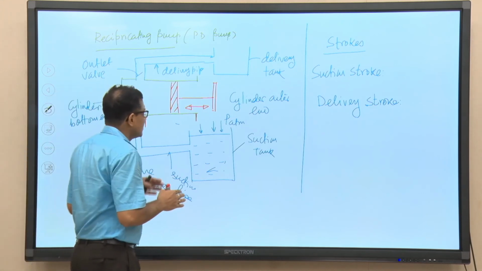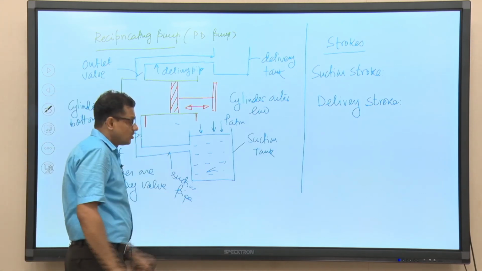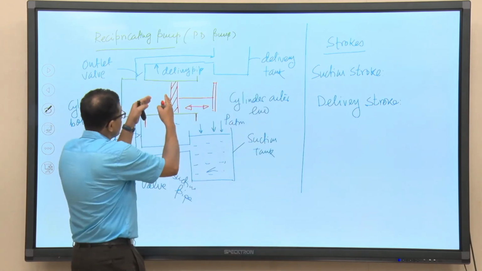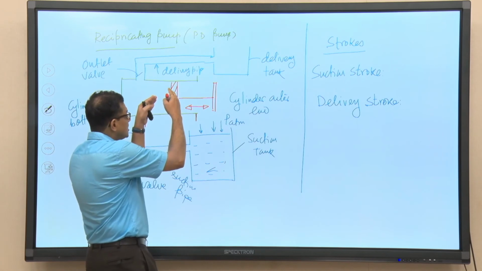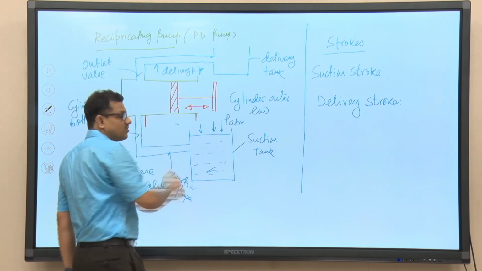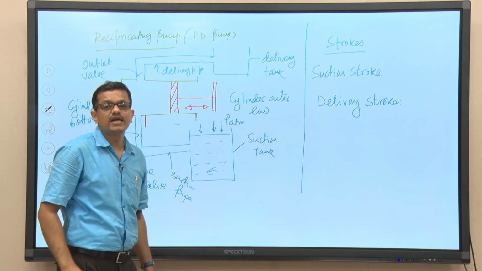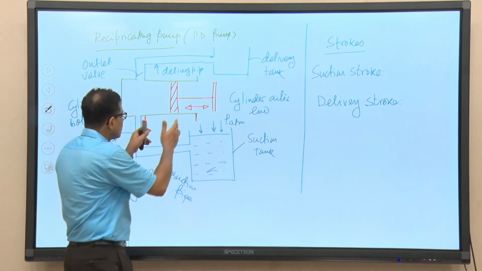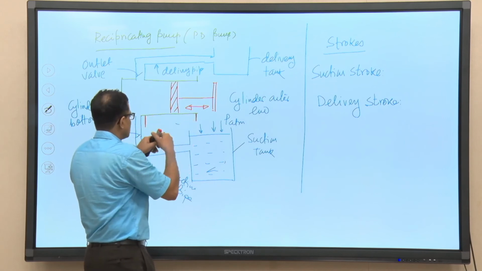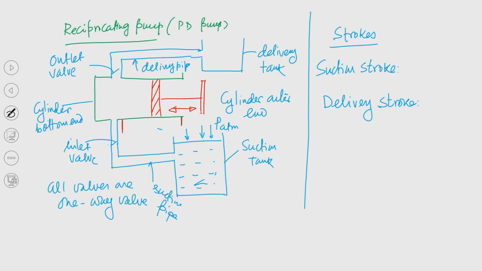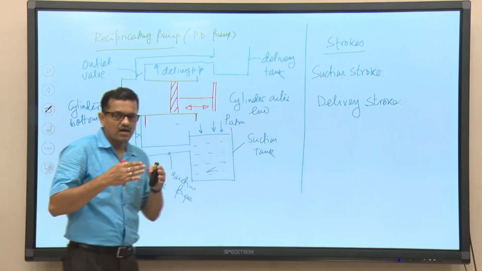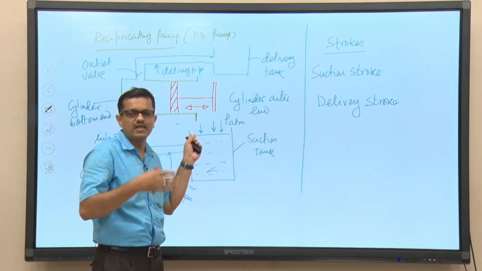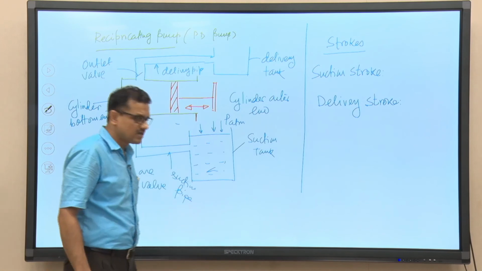So, now you can see this is the delivery stroke. So, what we have understood is that by tuning the reciprocating motion of the piston, we can control the amount of liquid that will be discharged, right. Also we can see what is called the stroke length. The piston movement will be restricted between these two stops. So, the amount of liquid volume that will be displaced by this pump also depends on the stroke length, and that part we will be discussing later in this course.